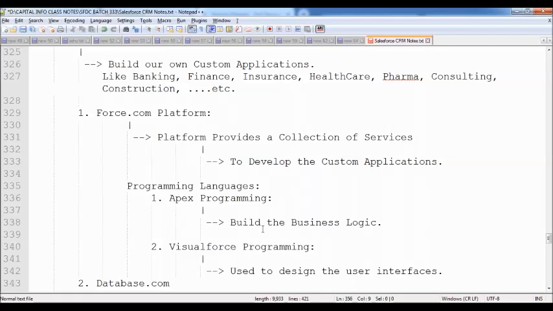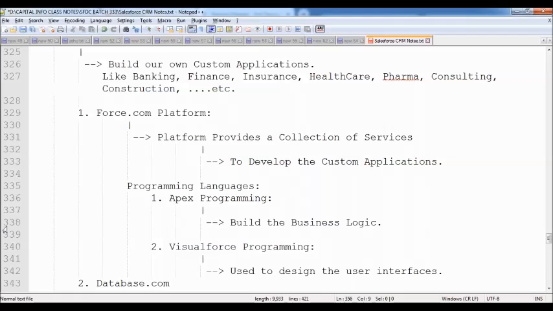Financial organizations are also using it because Salesforce gives excellent services to its customers. That's why there is huge demand for Salesforce nowadays.